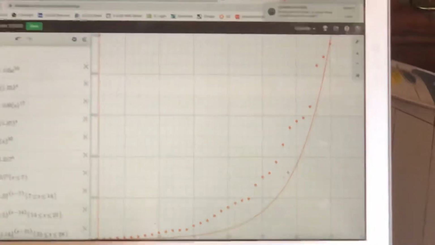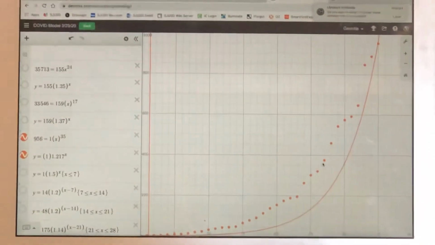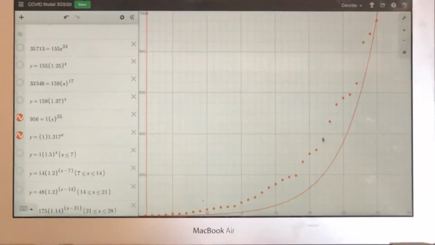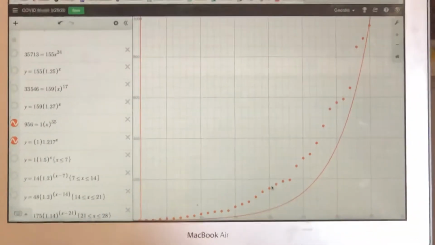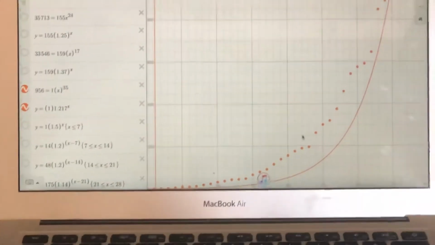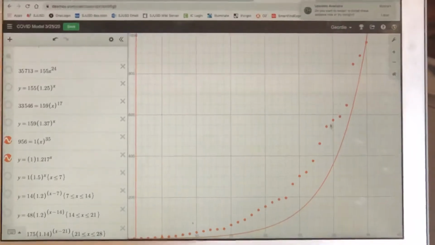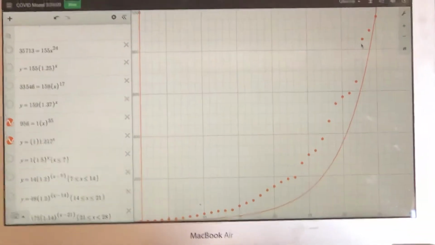But here's the thing. Every single outlier is above the curve. What that means is that at these times previously, the rate was higher than it is now. And it was trending as if it would be a steeper curve, and the curve is, as we say, flattening. So that's great.